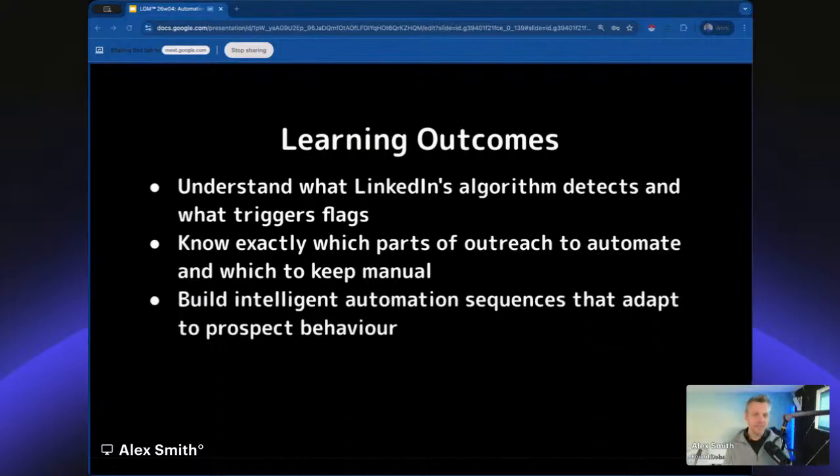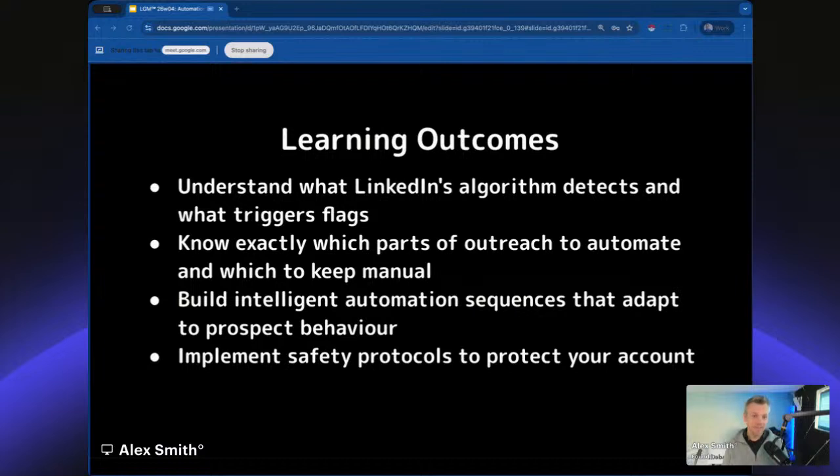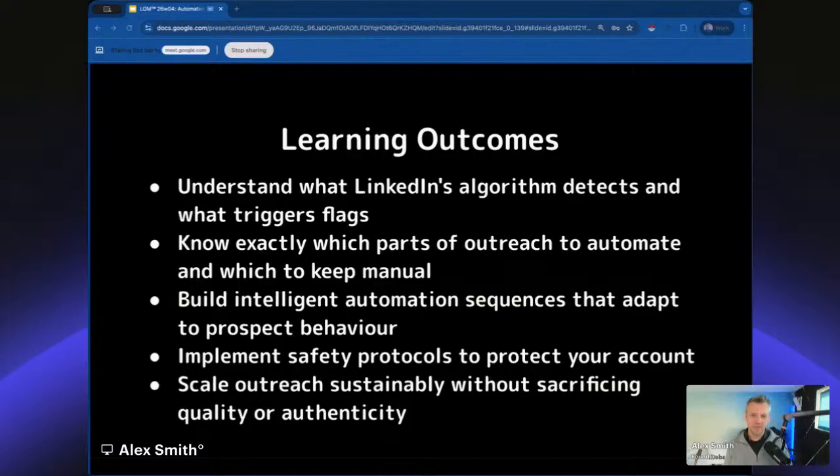We're also going to tap into how to build intelligent automation sequences that adapt to the prospect's behavior, and how to implement safety protocols to protect your LinkedIn account. And then finally, how to scale that outreach sustainably without sacrificing quality or authenticity.